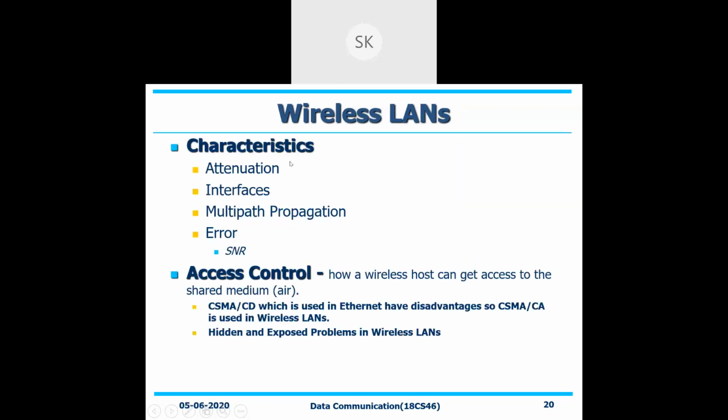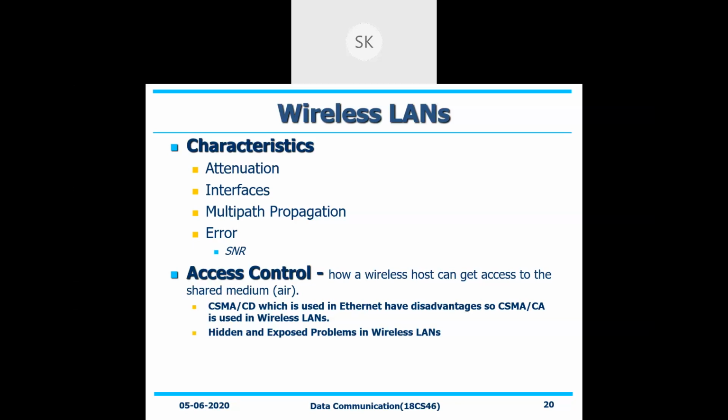The characteristics of wireless are all the transmission impairments that you have, and everything comes over here with respect to wireless. The first impairment is attenuation. The second one is noise. The third one is distortion. So these are three impairments that we'll be having in any network. But attenuation is what gives you the exact picture of your wireless LAN itself.